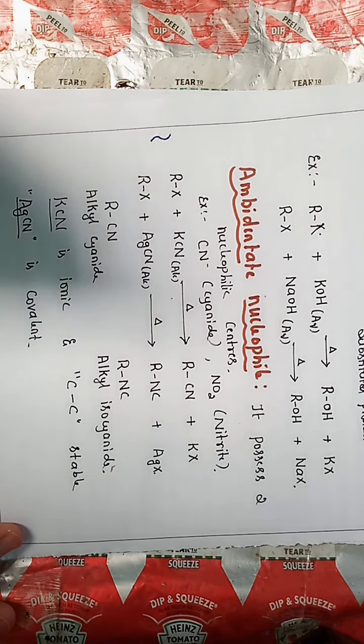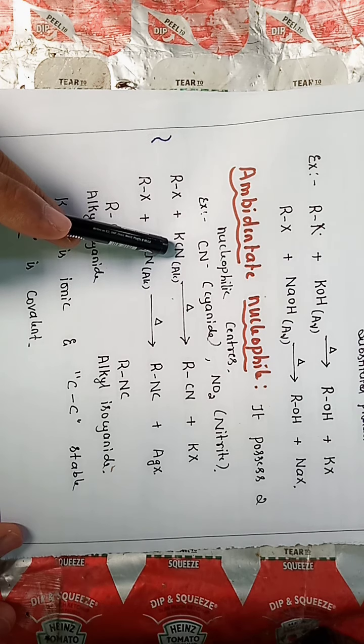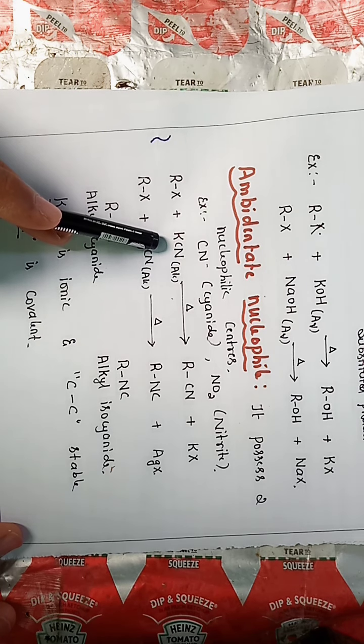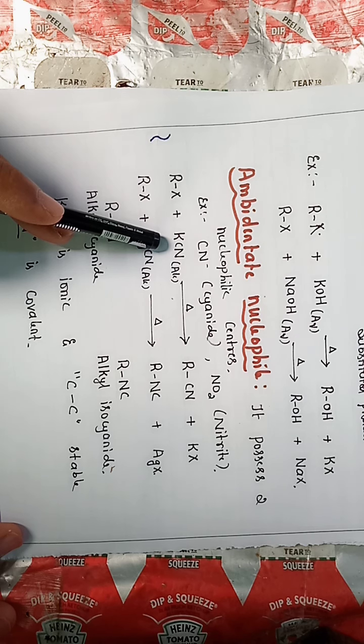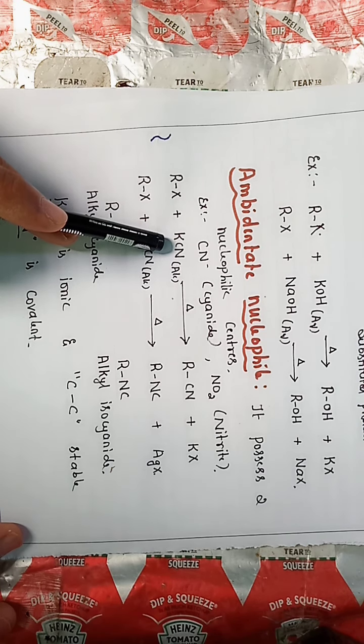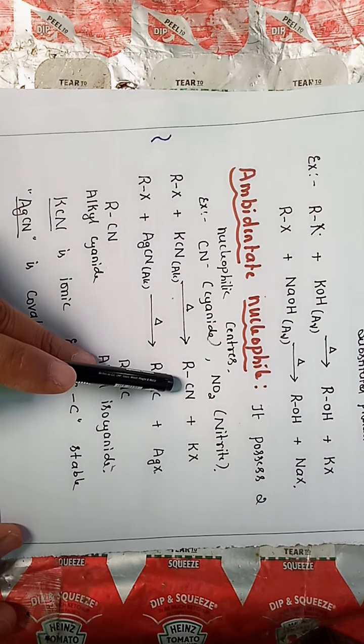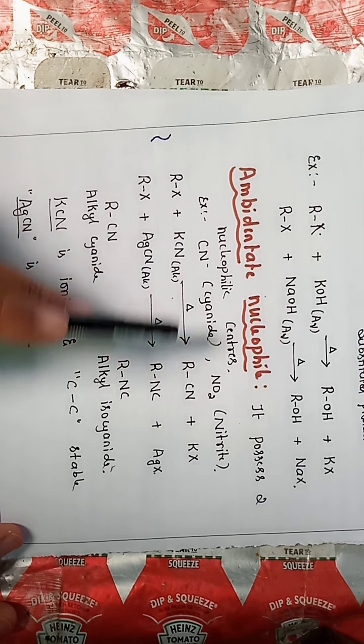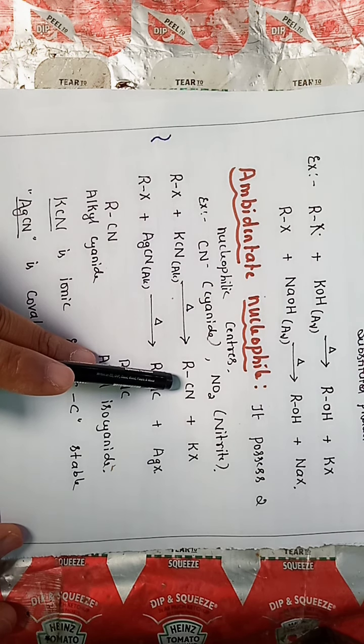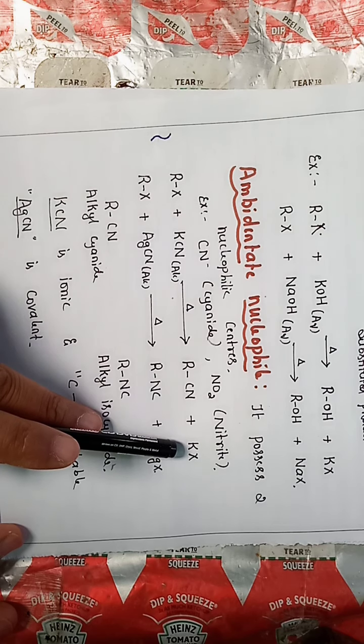If you take alcoholic potassium cyanide, when it dissociates, it will form K plus and CN minus. Here CN minus is an ambidentate nucleophile. When you treat it with alkyl halide, you will get RCN. Here carbon acts as the nucleophilic center, so it forms RCN as alkyl cyanide and potassium halide as a